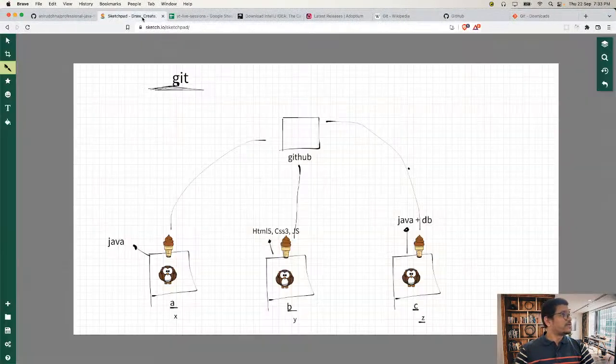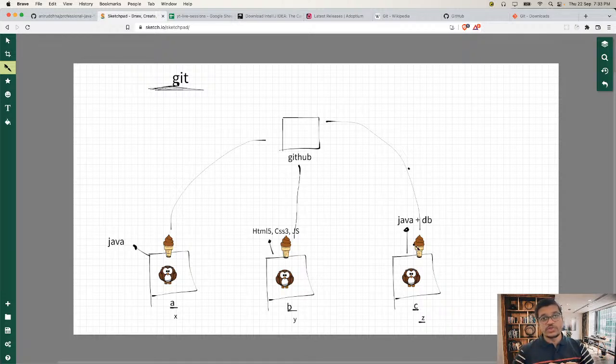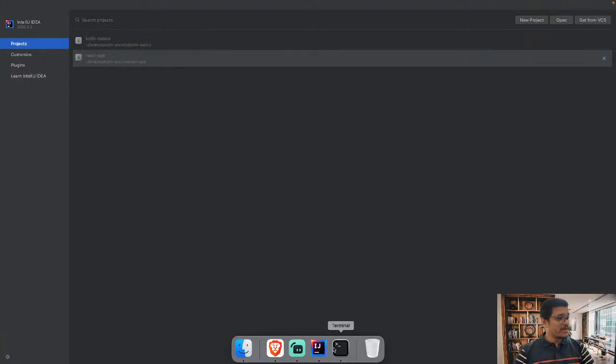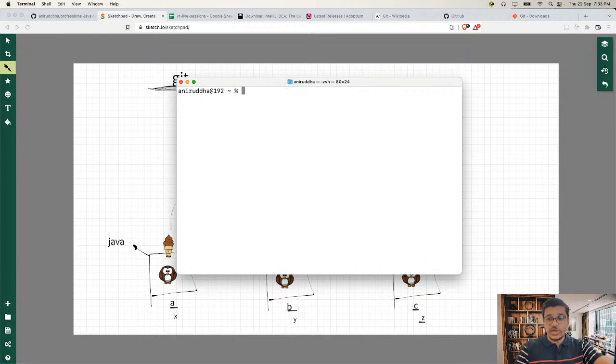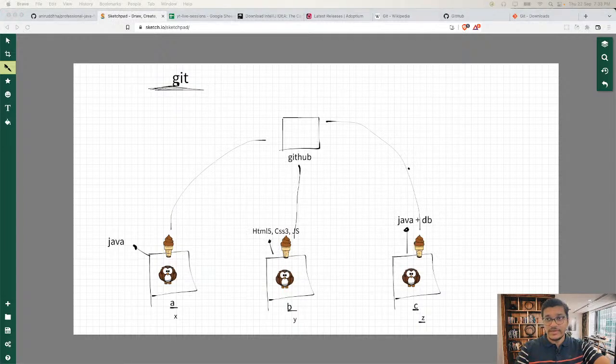So here we have installed the Git client. Now this Git client wants to communicate with the Git server. How to do that? First go to the terminal and check Git is installed or not. And I told you there is a configuration. One configuration. And here, if you go to the Git SCM documentation,